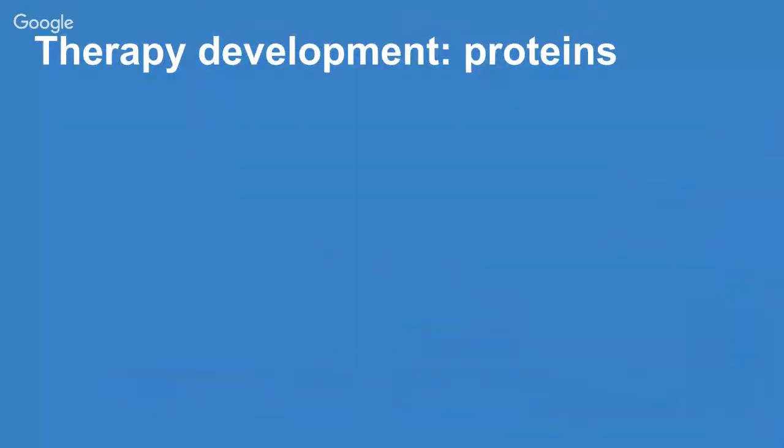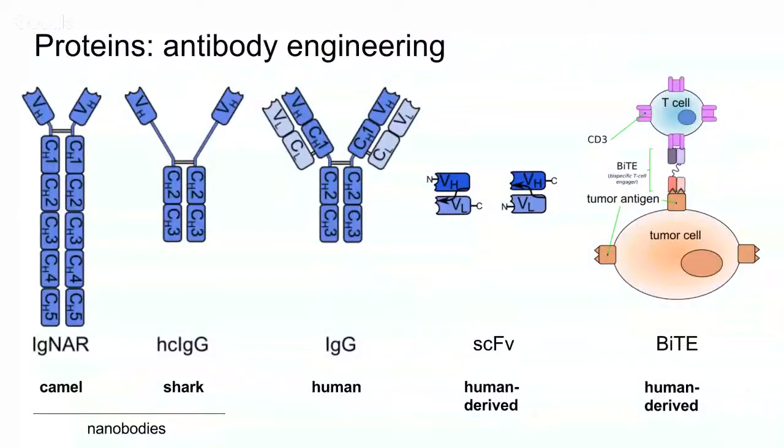So let's say we want to do a therapy development. We're going to do it using proteins. So that's what we want to build our therapy from. So probably the most common type of biological therapy, or biologic, is an antibody, right? So you can see in the middle here is the regular human antibody. It has a constant region at the bottom, and then it has two arms that vary, and the variation in their sequence allows them to bind different epitopes. But there are lots of other different types of